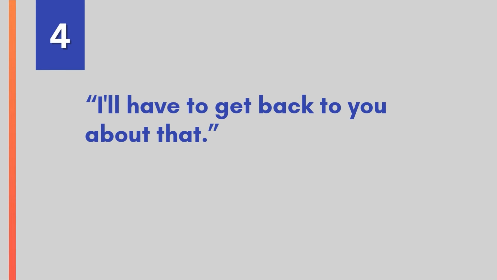But in most cases, the initial statement of let me think about that for a minute does most of the heavy lifting in terms of communicating your boundary because it communicates that they have come up against it. Fourth, the slightly stronger version of this is to simply say, I'll have to get back to you about that. This works exactly the same way as the previous tip, but it immediately takes all of the pressure off you to respond right away.